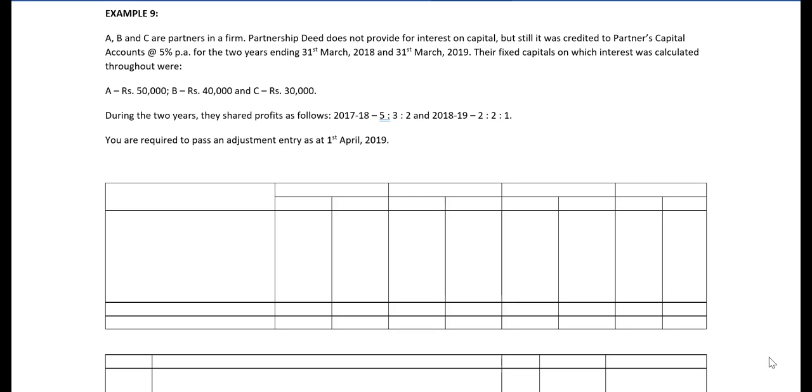So we understand from this problem that interest on capital was provided although it was not supposed to be provided as per the partnership deed. So our approach to the problem will be to reverse the interest on capital for the 2 years. The fixed capital method is being maintained, and the fixed capitals of A, B and C are given. So to get the amount of interest on capital, we can apply 5% on these capitals of A, B and C. We'll begin by reversing the interest on capital for the first year,